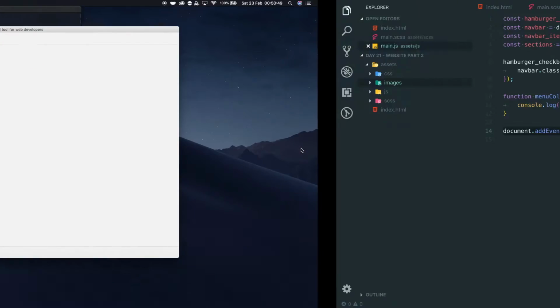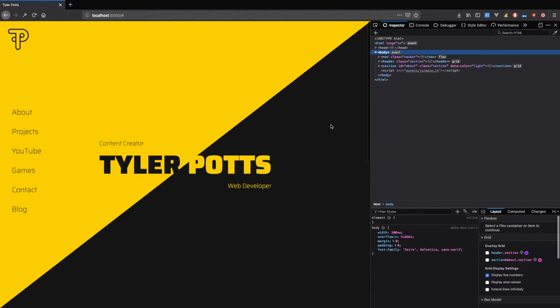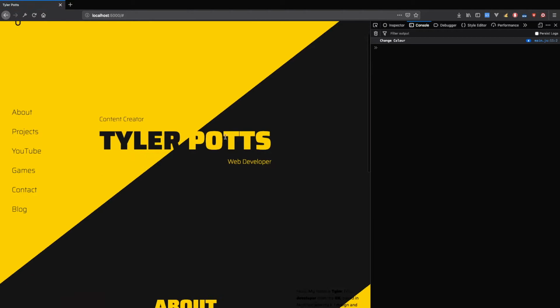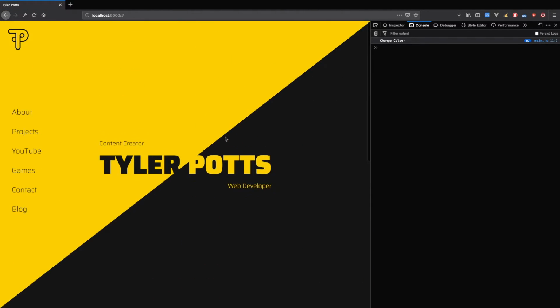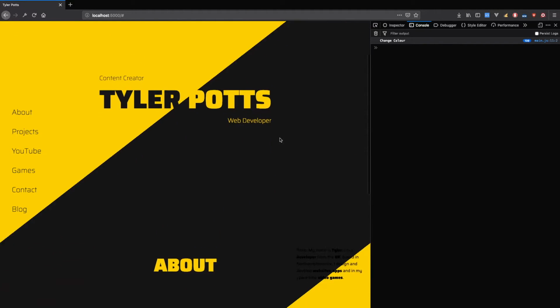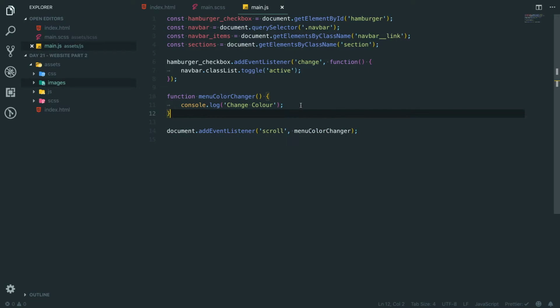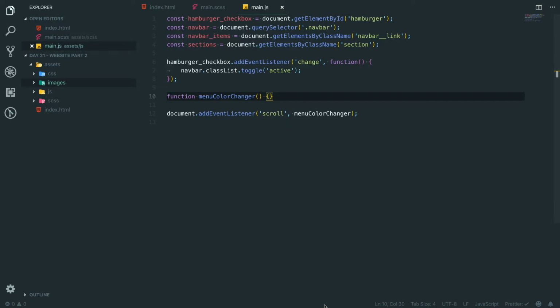So now if we go back to our code, we open up our terminal, we open our console and we refresh the page and we start scrolling, as you can see, it says change color, which is good. So it's going to be looking to see when we get into this section, we can change the color. So to do that, we need to loop through